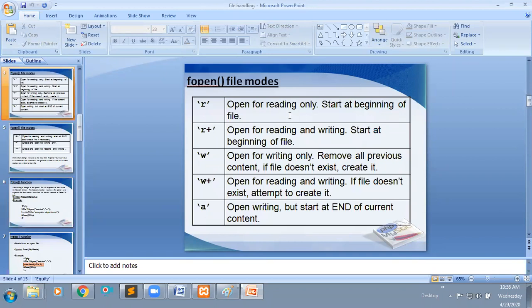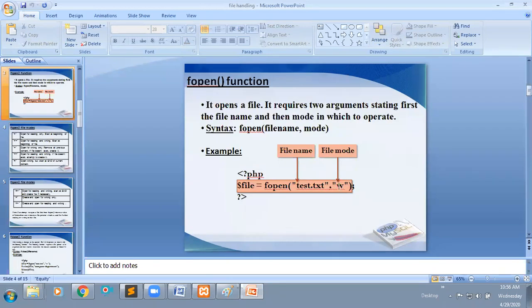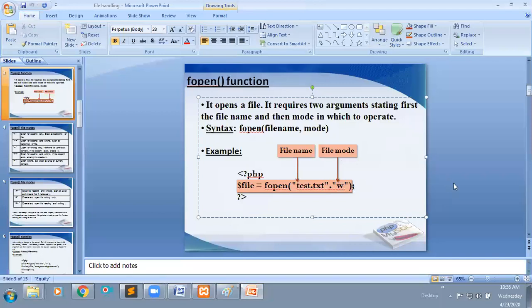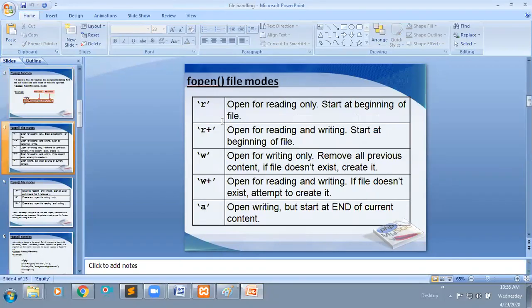In place of mode, if you use r, it opens a file for reading only. If you use r, it is used only for reading your file.